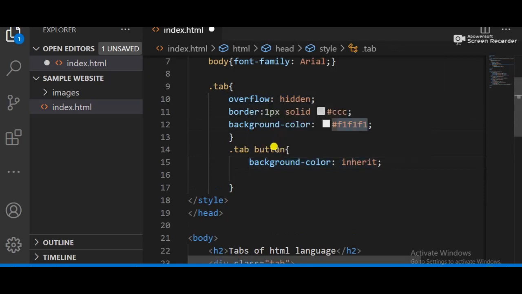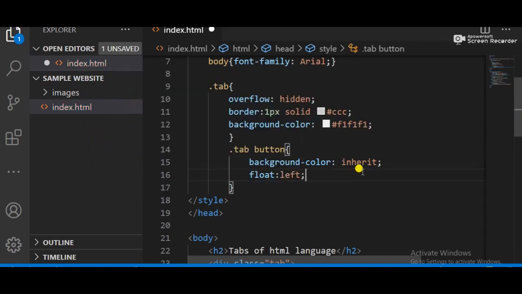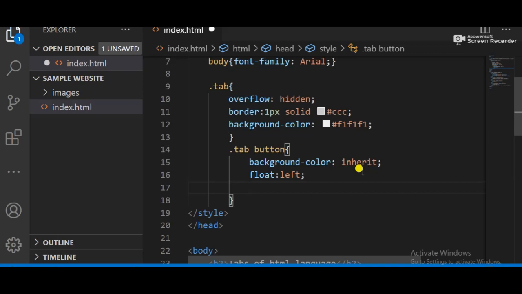Okay, and now we just have to apply the float property. Float should be left. So what is the float? It means that it overlaps, you can see this, it overrides on the main web browser. So here is the float: left, right, bottom, left and right. You can use it to navigate your components towards the left side. So that's why we use that.